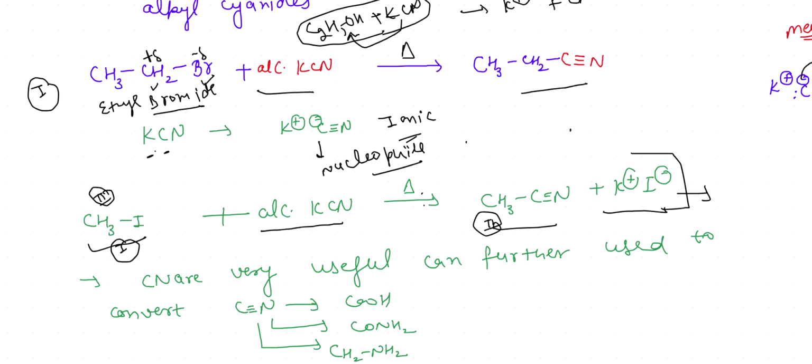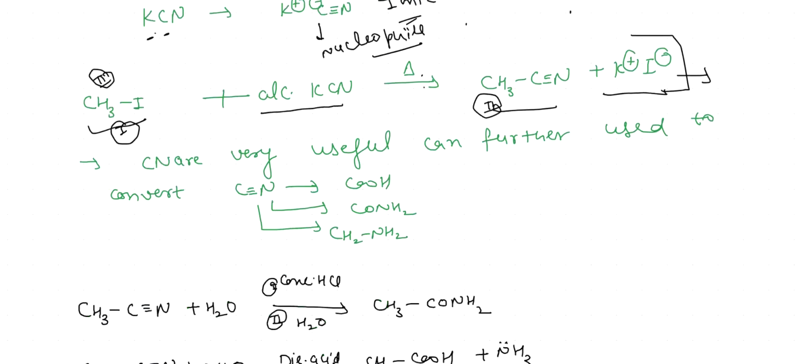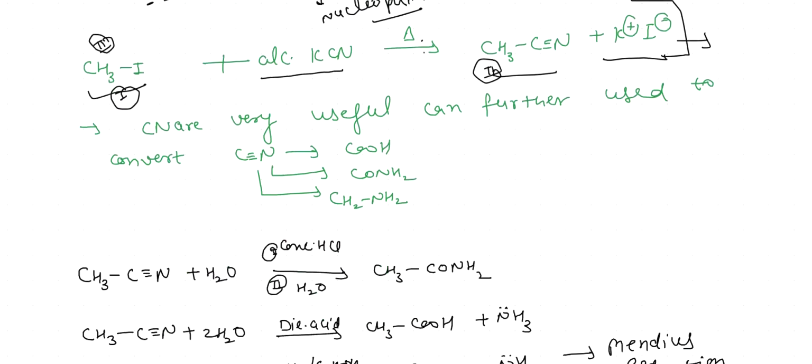It can be obtained by the use of potassium cyanide. I have already told you cyanides are very useful and can be further used to convert into other functional groups like carboxylic acid, CONH2, and primary amines,